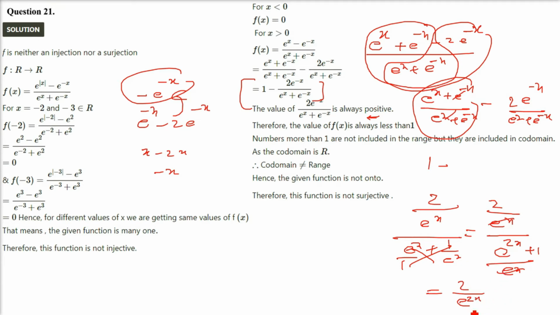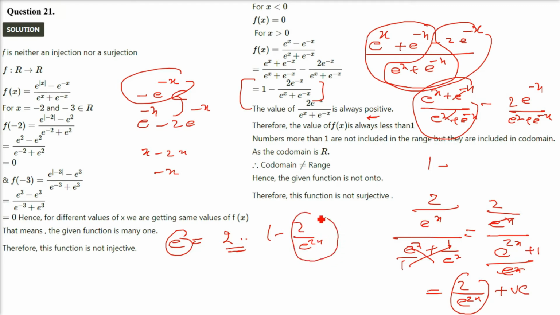Now you know the value of e. What is the value of e? x is a real number. So e will always give you e to the power something. e is basically 2.718, some value, right? Now when you put some real number x value, it will always be positive. e cannot be negative. Whatever value you take, it can never be negative, because e is a positive value. You have an exponential function and that can never be negative. So this is always positive.